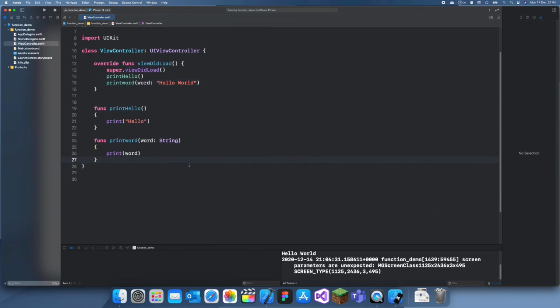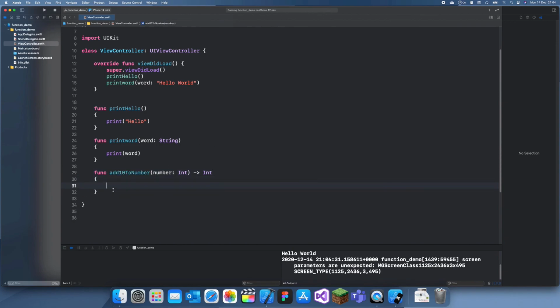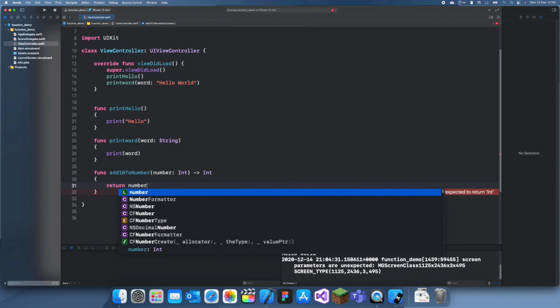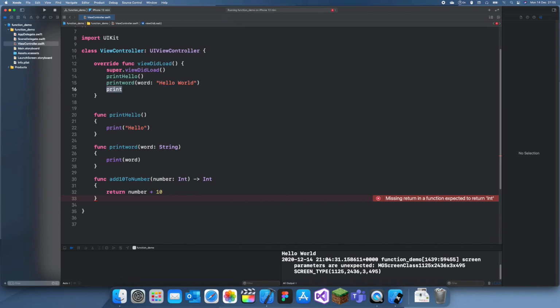So for the final type of function, we can look at functions which also return a value. So I'll add this function, func addTenToNumber, and we'll have a number as an Int, and this will return another Int. If we don't do anything, it'll tell us there's an error because we haven't returned anything and it's expecting us to return an Int. So all you can do is return number plus 10. And now if we print